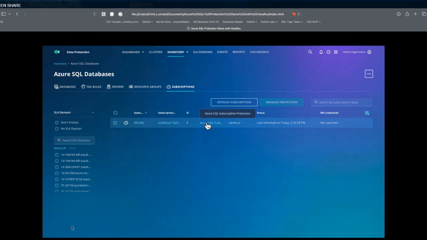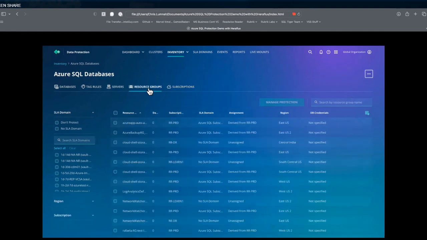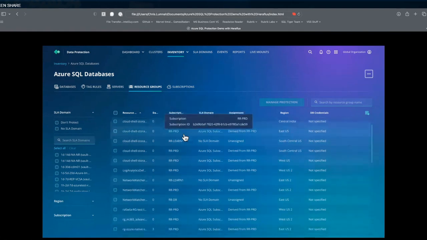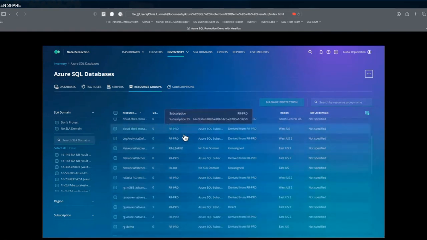Think of this like a blanket. Anything in this subscription will now automatically inherit this policy. So now you can have a blanket over the top of every object you create inside of that subscription that automatically gets that particular backup policy. And then further, you can go into resource groups and get more granular and say everything in this resource group gets this particular policy. And you can see that in the SLA domain column,